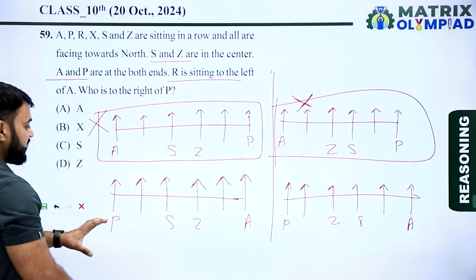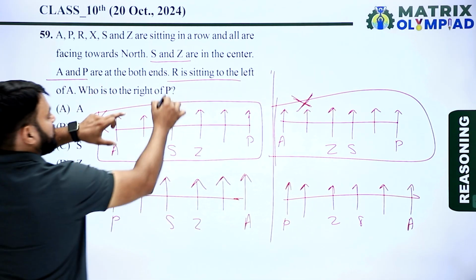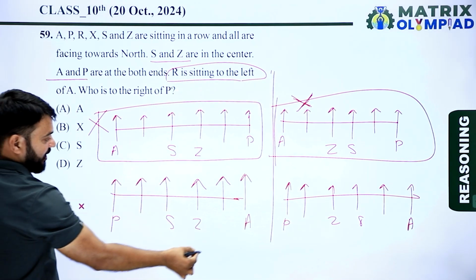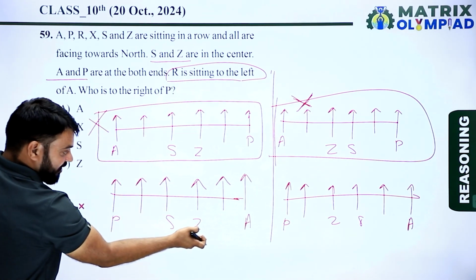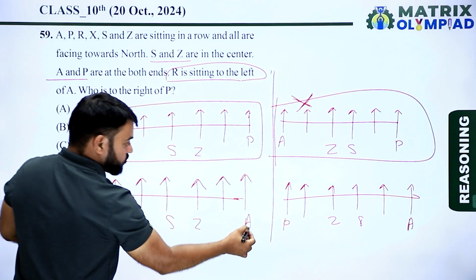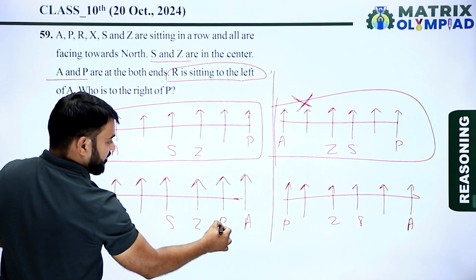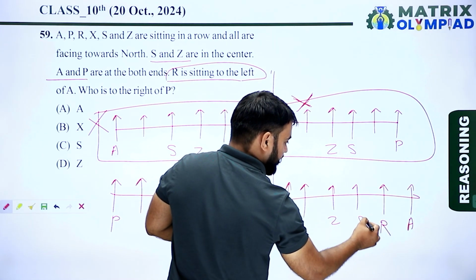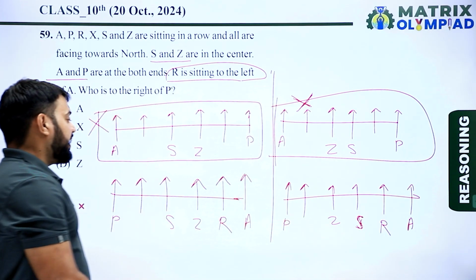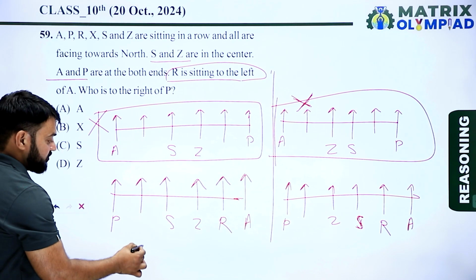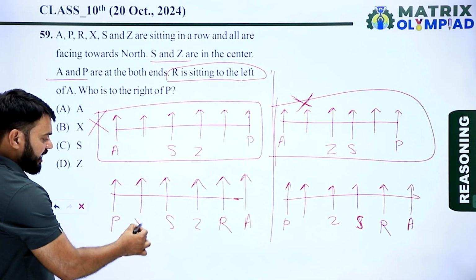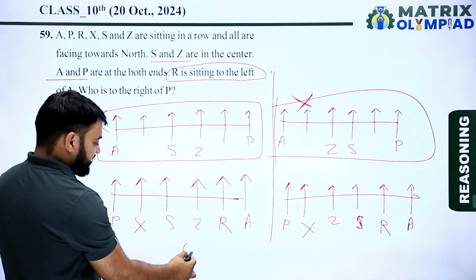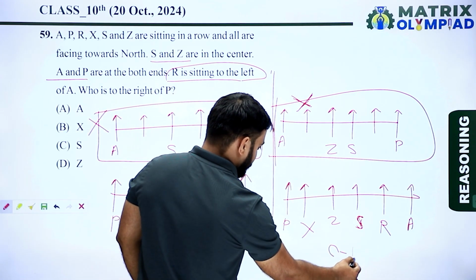So now we have two cases for this information. So R is sitting to the left of A. A का लेफ्ट, सो A का लेफ्ट, this is the left of A and this is the right of A. सो A का लेफ्ट यहाँ पे हो जाएगा R और इसमें भी A का लेफ्ट, इट मीन्स यहाँ पे हो जाएगा R, यहाँ पे S. एक पर्सन बचता है, उसकी प्लेस वैकेंट रहती है तो यहाँ पे हो जाएगा X और यहाँ पे भी हो जाएगा X, दोनों ही केस के अंदर. This is the case number first and this is the case number second.